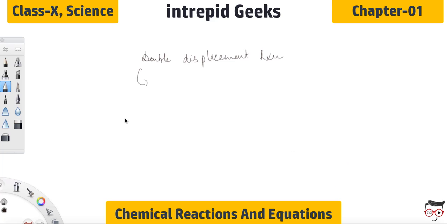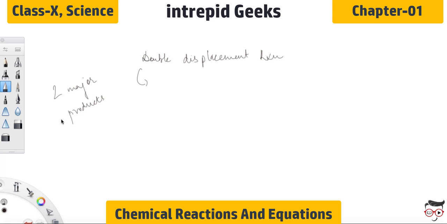So in a displacement reaction, one compound is the major compound on the product side, while the other is a type of element, or you can say it is a byproduct. It's not a main product, right? But in a double displacement reaction, two or more compounds can be formed from the reaction. That is why it is double displacement. Why? Because two major products are there.